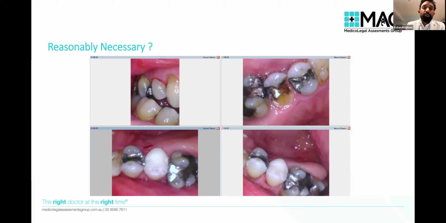All it needed was a simple filling. And you can see there with the filling that we've done that it will suffice. And it's, again, a couple of $100 solution rather than a few $1,000 solution. So these are things to consider.